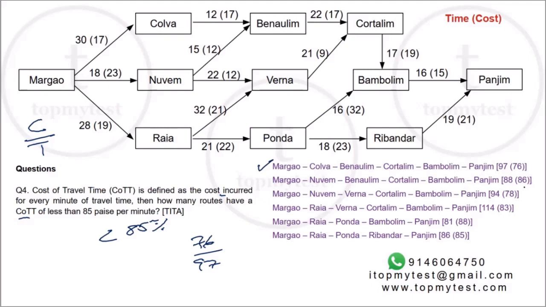Okay, the second one is 85 divided by 86 divided by 88. Now, 85 divided by 100 is what I need, but 86 divided by 88 is going to be worse. Numerator is higher, denominator is lower. So this is out. Next one, 78 divided by 94. Again, just visually you can look at it. It'll be about 82, 83%. You can check it out. 80% of 94. 10% will be 9.4. Right. 80% will be 8 times this. So it will be 72 plus 3.2. So 73.2.